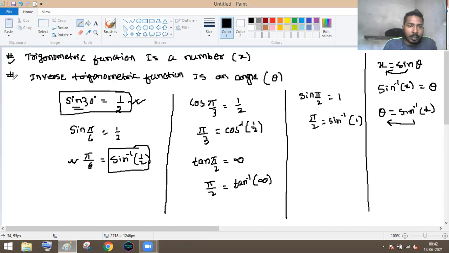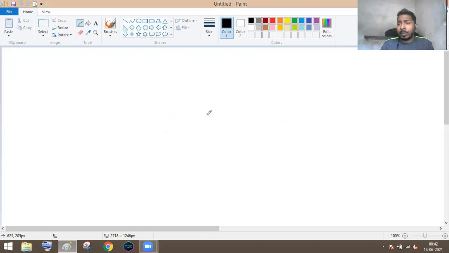So this is important. These two are very, very important. Now we will move to discussing the formulas related to this. The first formula that we have to prove. In every set we will have three formulas, so I will solve one and you have to solve the rest. The first formula we have here,